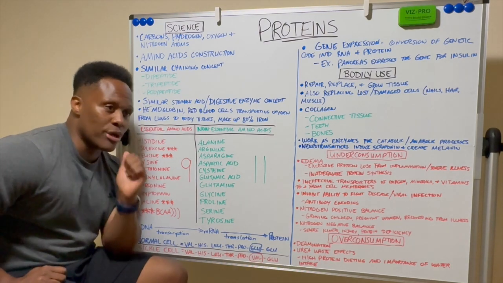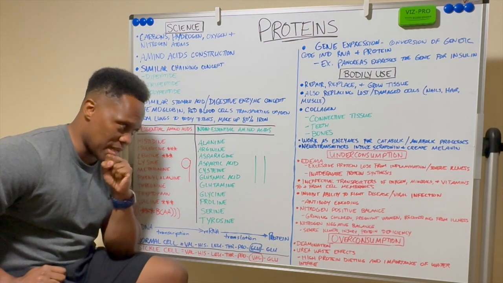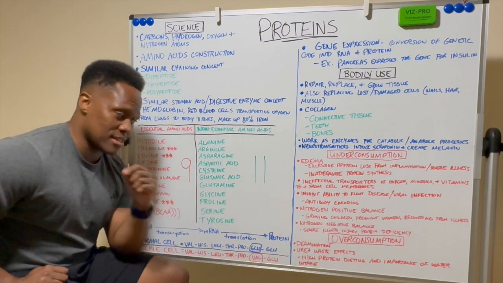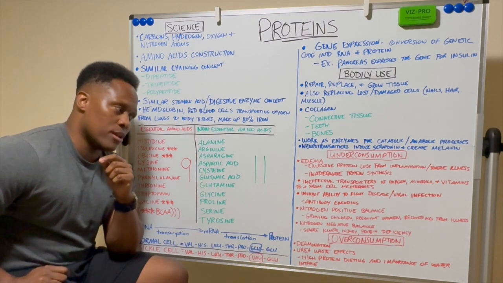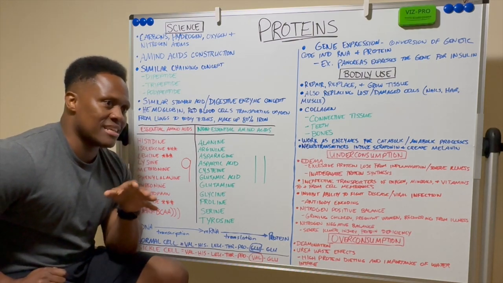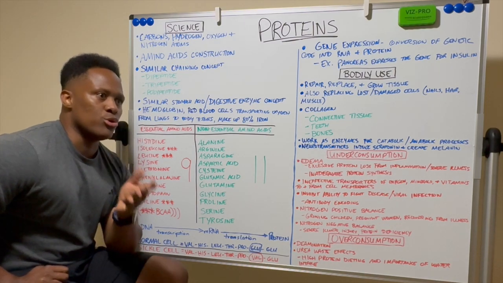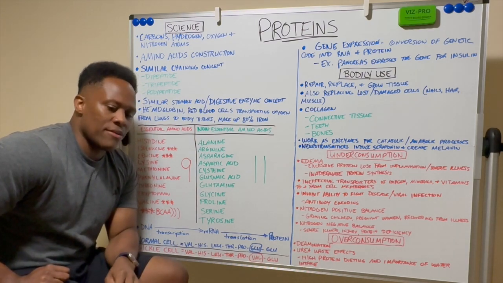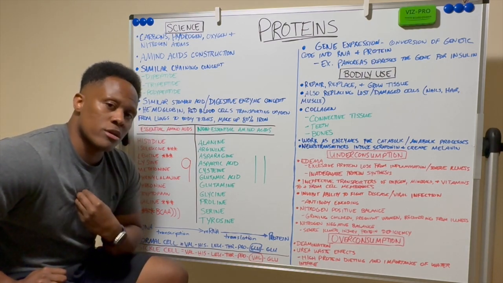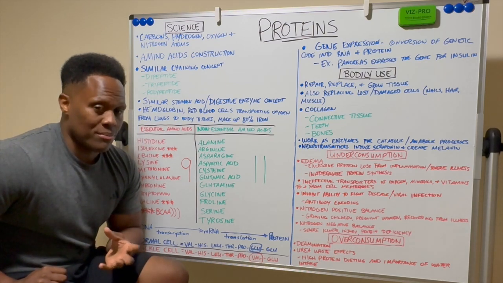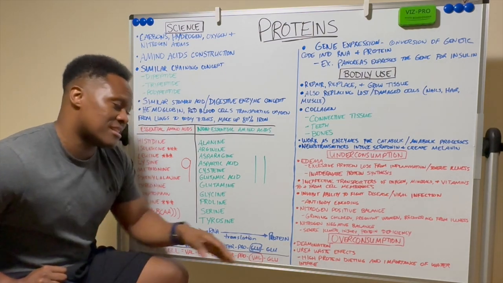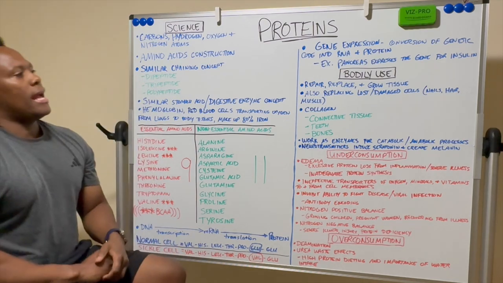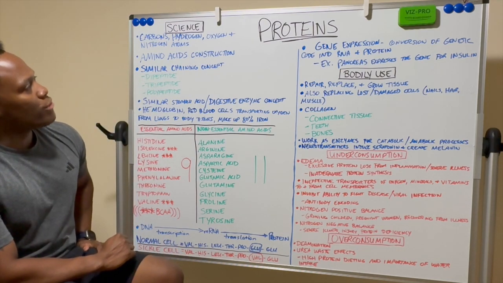But if you're not drinking enough water, your body will use its own water to help process that urea. The reason you don't want that is, say you're trying to lose weight, specifically body fat. If your body uses its own water, you'll lose water weight, but you're not going to lose body fat. So that's why you want to be careful with dieting and taking high protein. And that just about covers the protein video.